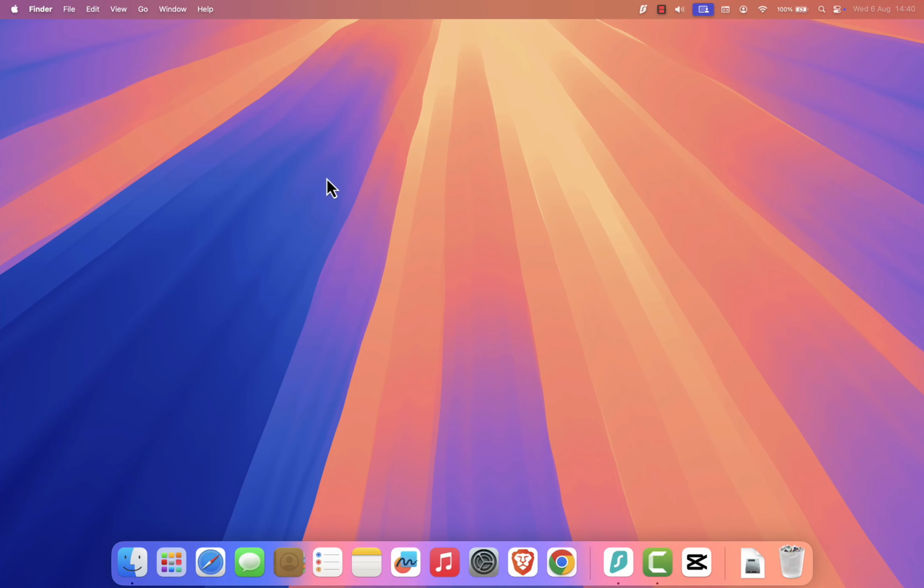Hey guys, in this tutorial, I'll show you how to enable or disable remote access on your Mac. Whether you want to access your Mac from another computer or let someone else connect remotely, I'll walk you through